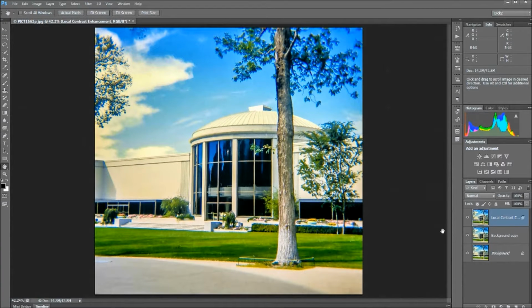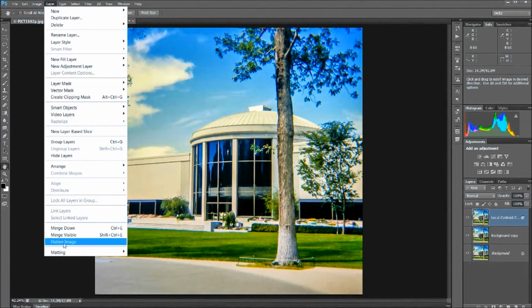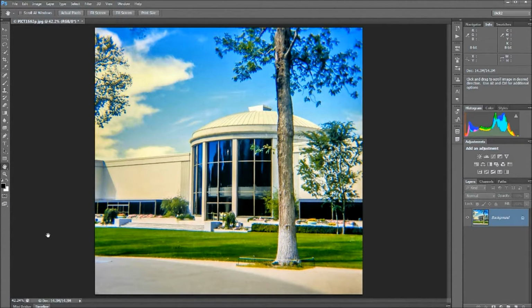Okay? If I'm happy with what I've done at this point, I can flatten the layers, because I am going to save this as a JPEG eventually. Alright, now,